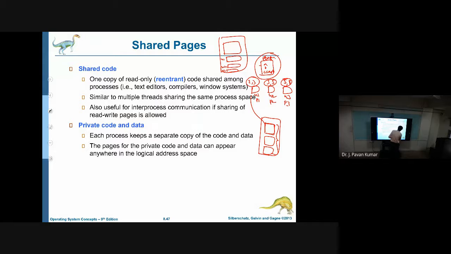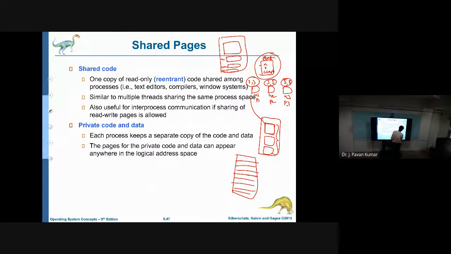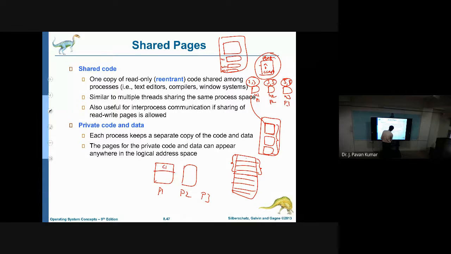That means whatever main memory we have, we have some frames, right? Main memory is divided into several frames. Let us say some of these frames contain the code section. The data we keep separately. So in the page table of process 1, process 2, process 3, for each process we have a page table, right? Here we maintain two things: code and data.